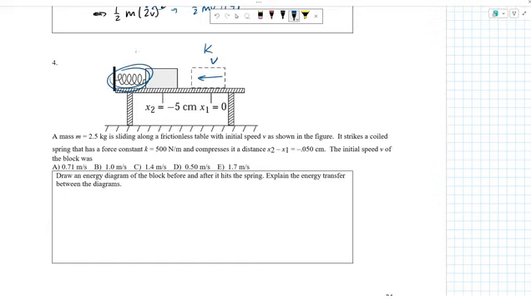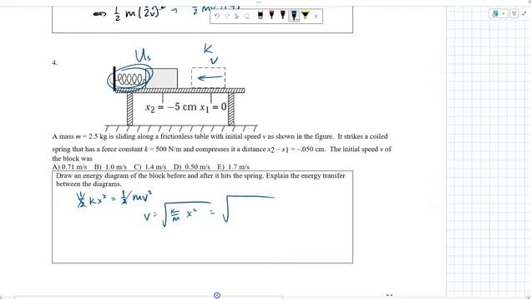And then once we compress the spring, all of that kinetic energy is spring potential energy, telling me that 1/2 the spring potential, so kx squared is equal to 1/2 mv squared. We're going to take this and we're going to solve for the velocity. So that speed ends up being the square root of k over m times the compression squared. So it's the square root of 500 divided by 2.5 times the compression of the spring,